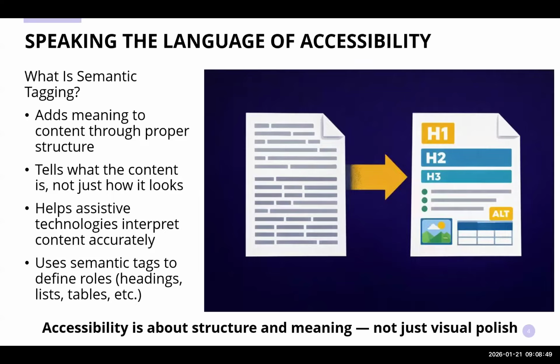Now, here's another example. Think about a recipe. If the ingredients are written in one long sentence, it would definitely work, but it would be very hard to read and process the entire information at once. Similarly, if the same ingredients are tagged as a list, the assistive technology, like a screen reader, would know that there are 5 separate items and it can move to each item separately instead of reading one full giant blob